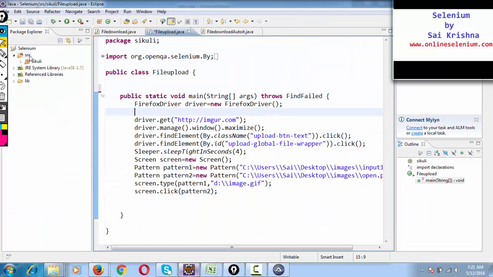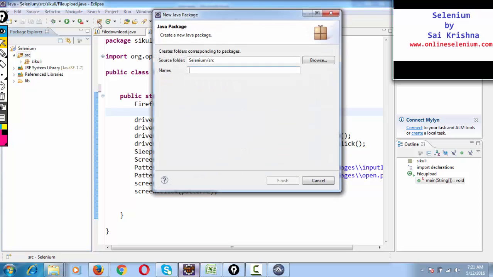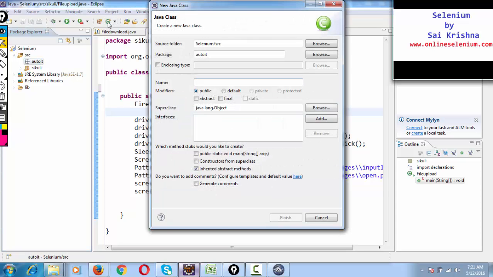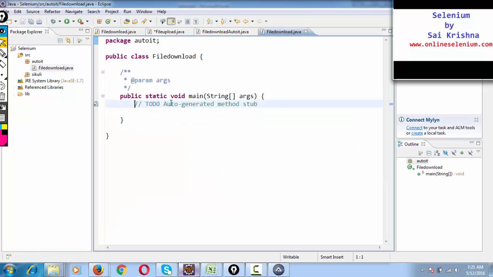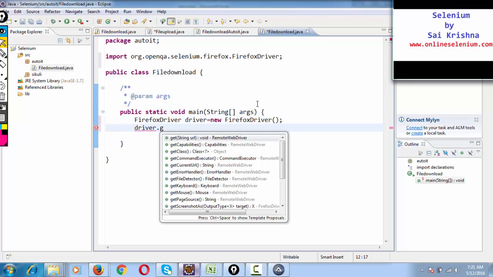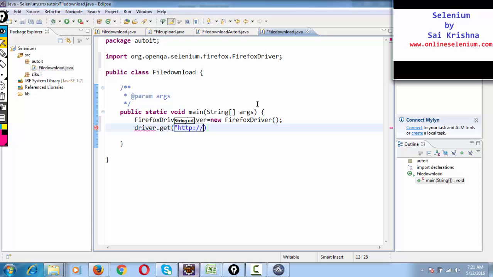Now for these AutoIT programs, I will create a separate package which I'll call as AutoIT, and here we'll create a class. We'll call this program as file download. We are doing the file download operation through AutoIT in this scenario. Okay. So launch your Firefox driver equals to new Firefox driver. Then what is the URL we want to open? I want to open